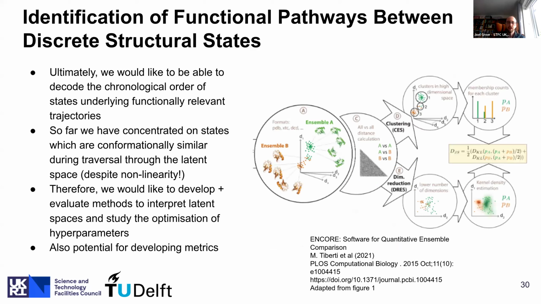One other thing that we'd like to investigate further is developing metrics for heterogeneous reconstruction algorithm representations of heterogeneity. For example, one approach we're currently looking into is inspired by this paper from Tiberti et al. Here they essentially do two MD simulations of a protein to get two different ensembles. They then compute a distance calculation between all of these conformational states, and through either some clustering or some dimension reduction and then clustering,